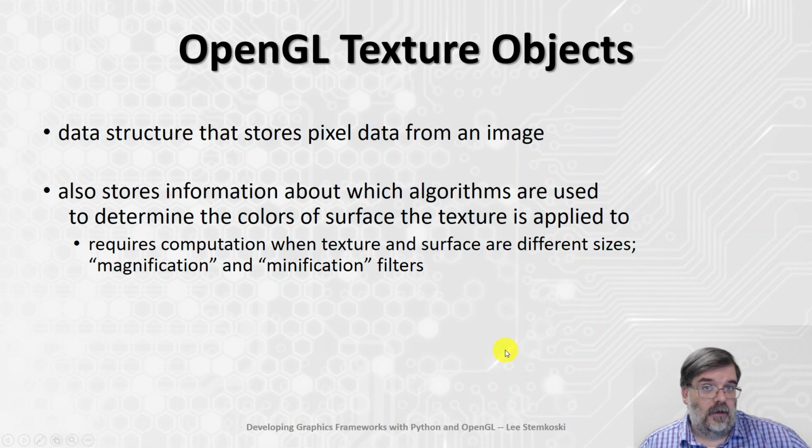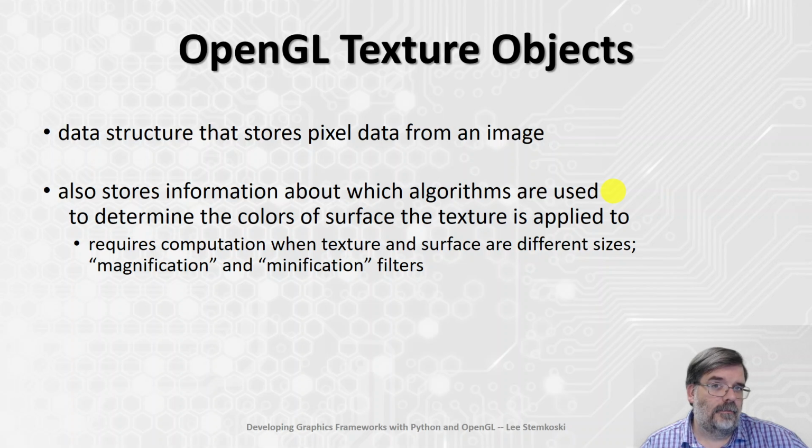The first important concept is a texture object in OpenGL. We will create a texture class in Python, but first we should talk about what it means in OpenGL. Well, a texture object is a data structure, and it stores pixel data from an image in a two-dimensional array of values corresponding to colors. However, it also stores more than that. It also stores information about what algorithms you need to use to determine the colors of a surface the texture